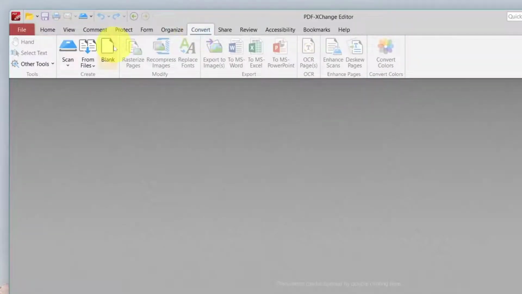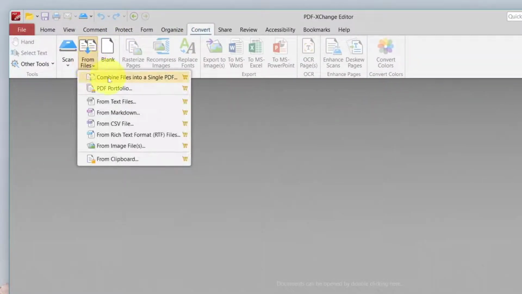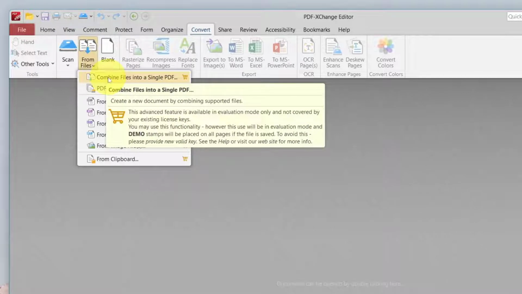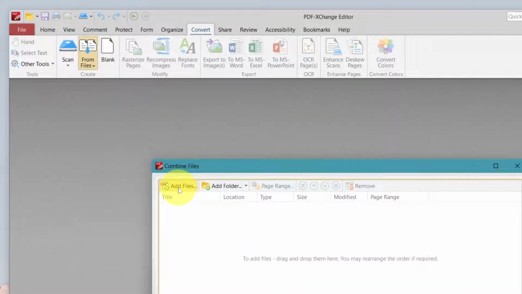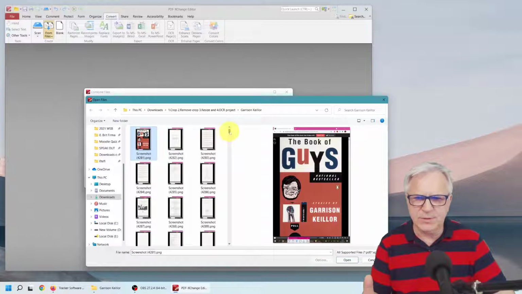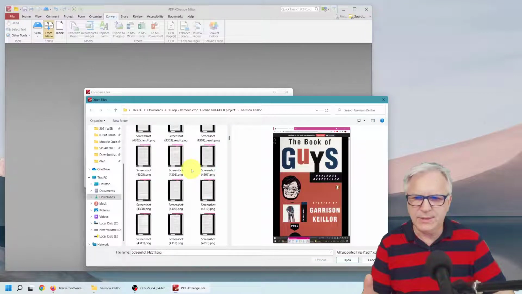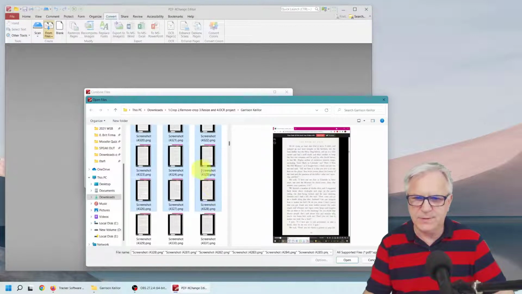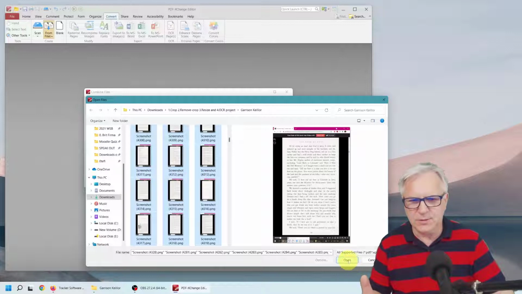And in order to do this, we go to Convert, and I'm going to compile the images here. So I'm going to add files, and I'm going to only add maybe 20 pages because I don't want to do the whole book. That will take a lot of time. So let's just scroll down here until maybe this page, go Shift, and I'll use these pages only. So let's open,